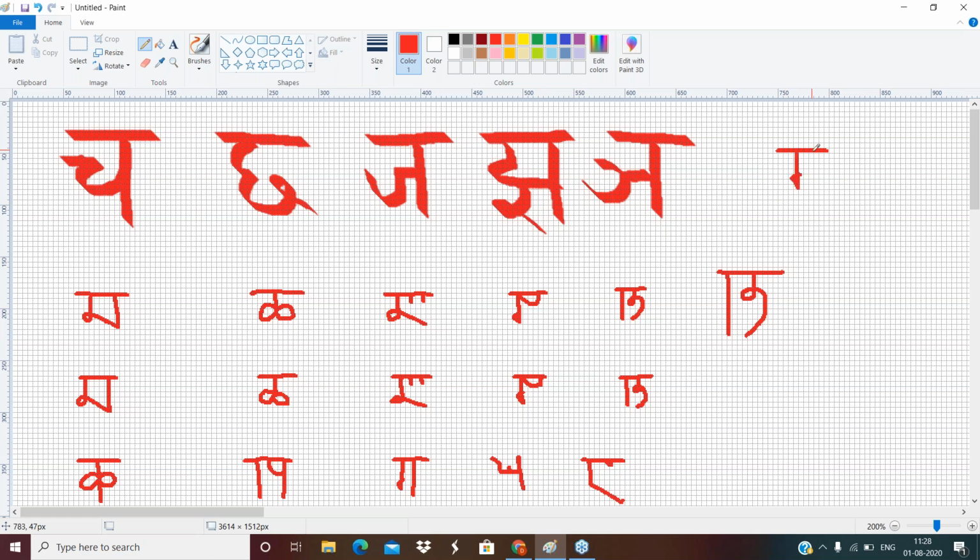This shape is not correct. This shape you will find in many places in Sharada, so it's not like this. If you see here, we draw like this. If I have to explain, if you take a central line, this area is much higher than this area. And here, just make sure that this line is aligned, and this is also almost central, a little above.